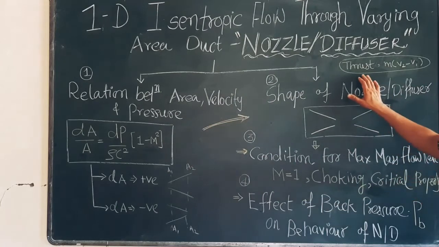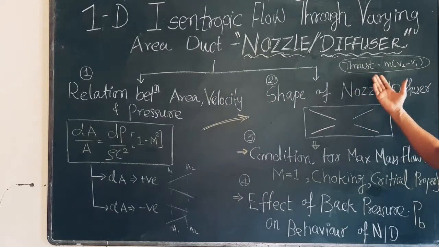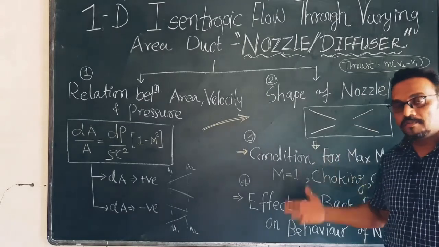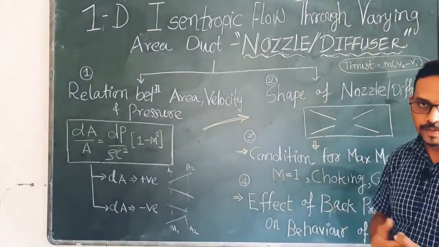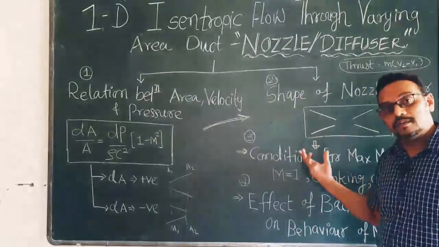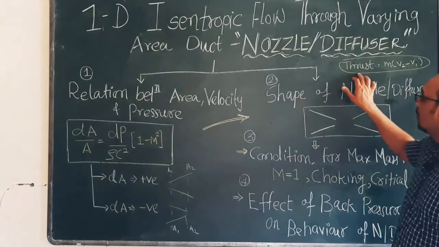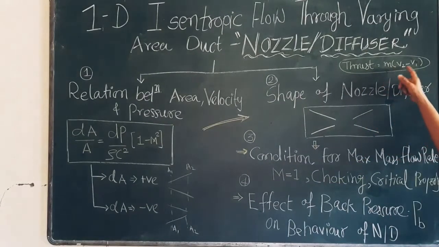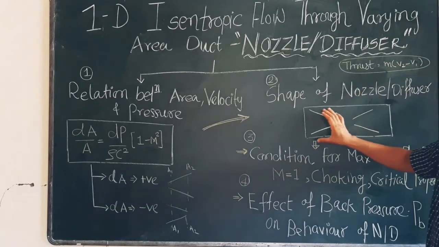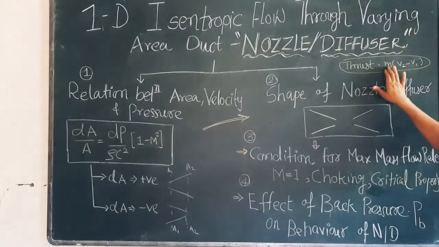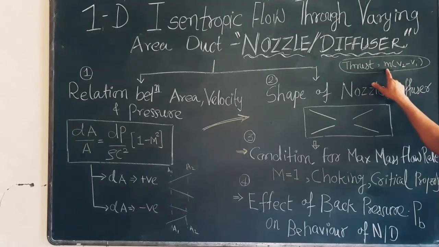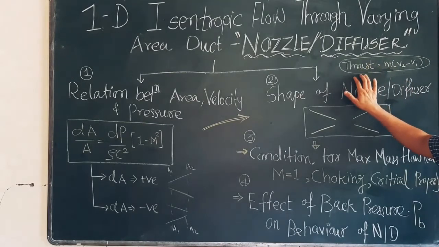Okay, because we know that the nozzle is used to produce thrust. With the help of a nozzle only, we can send the rocket into space, or we can fly a very heavy aircraft. So thrust is very important. In thrust, the equation is m(v2 minus v1). So here the velocity, the kinetic energy, is very important, but besides kinetic energy, the mass flow rate handled by the nozzle is also very important. So this mass also has to be maximum in order to get the maximum thrust.